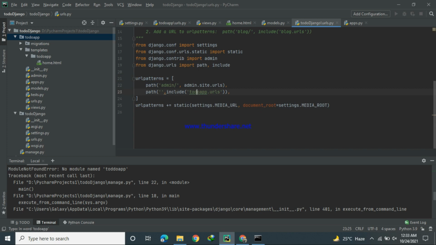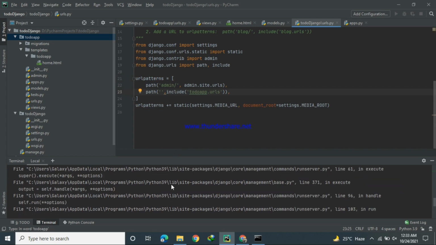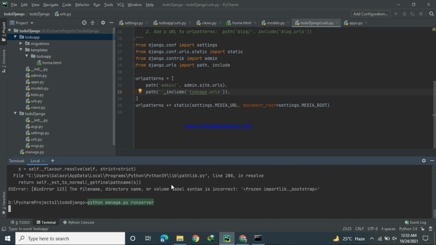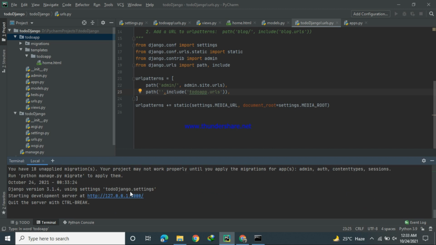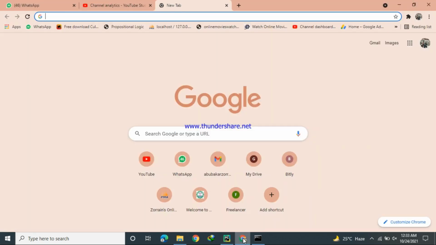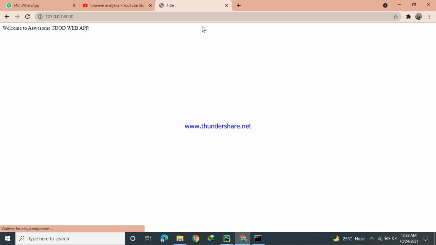TODO is the correct spelling for our app. Let's run our server again and check if there is any error. There is no error, guys. So our server is running correctly and we get welcome to awesome Todo web app.